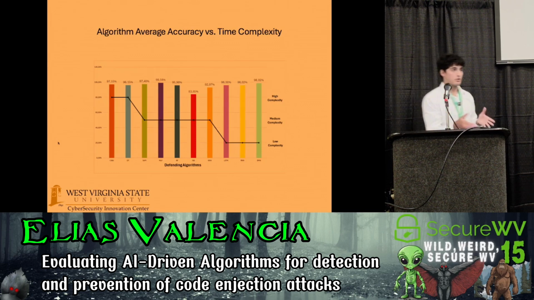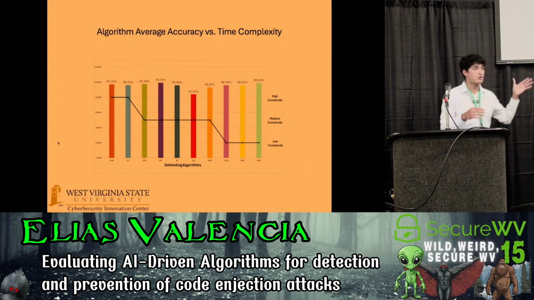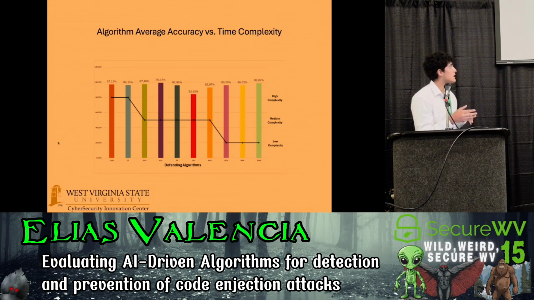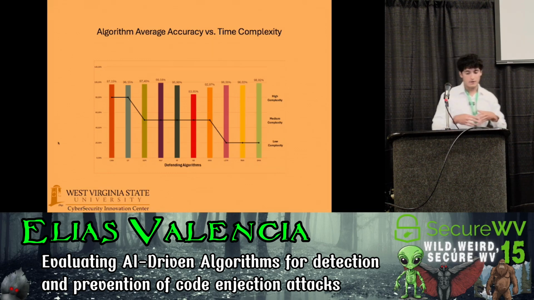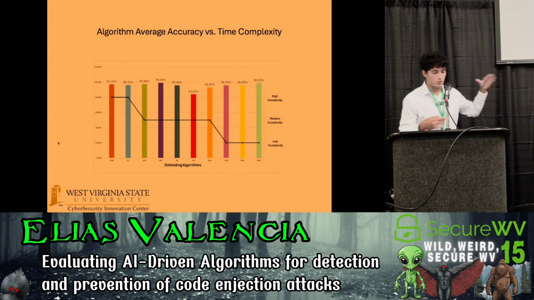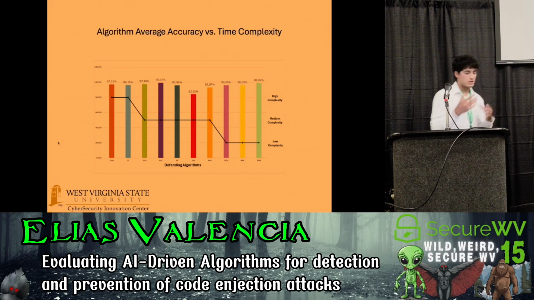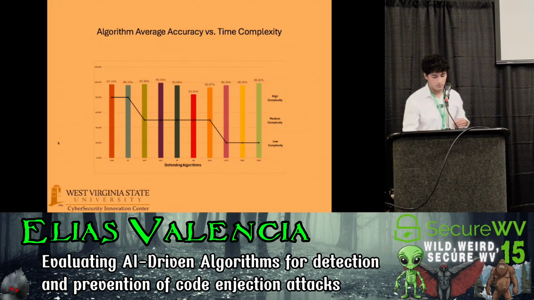Now, for my second comparison, I did the algorithm average accuracy and the time complexity. Here, as we can see, there's no correlation between the complexity and the accuracy of the algorithm. However, we can find that the deep neural network and the MLP algorithm, they're both one of the best ones when it comes to code injection attacks, and one of the most reliable. But for my research, the one that was the best one,